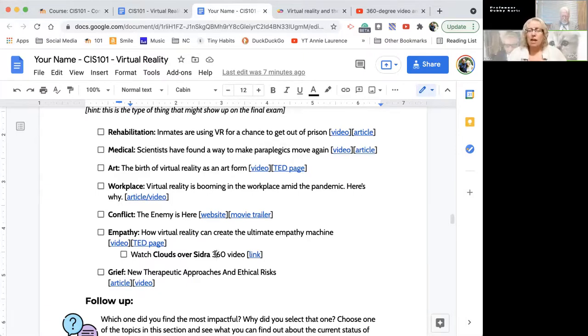What they've done is taken a child that passed away, and it doesn't say why, but the child has died, and they've recreated her in a virtual reality world that the mom is able to enter with VR goggles. And she interacts with the girl. It's really interesting, and it's something they've done in Korea, and it's hard to watch.